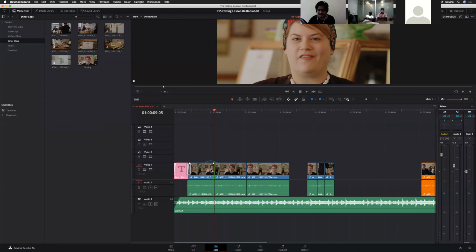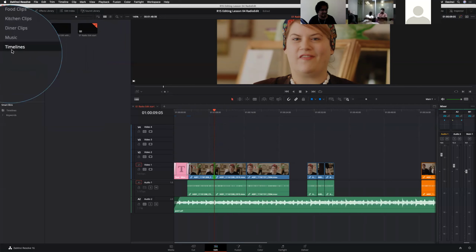Almost, right? Let me show you one new option. Within the timeline, here we created a separate bin for timelines. Or if you want it to be an automatic thing, whenever you create a timeline, it will automatically create a smart bin for timelines. But you need to enable this option.